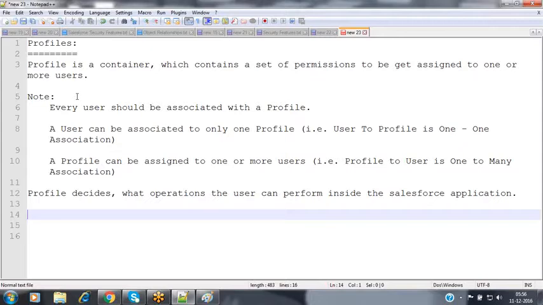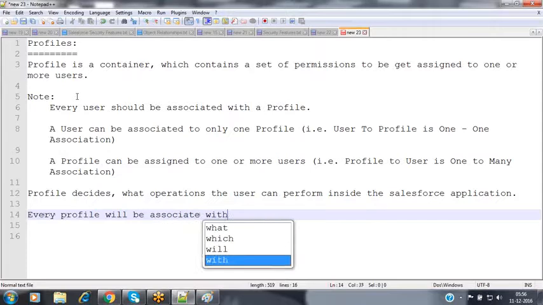Now, as we have already discussed, every profile will be associated with a license. It may be a Salesforce license, a platform license, a Chatter license, a community license or whatever.